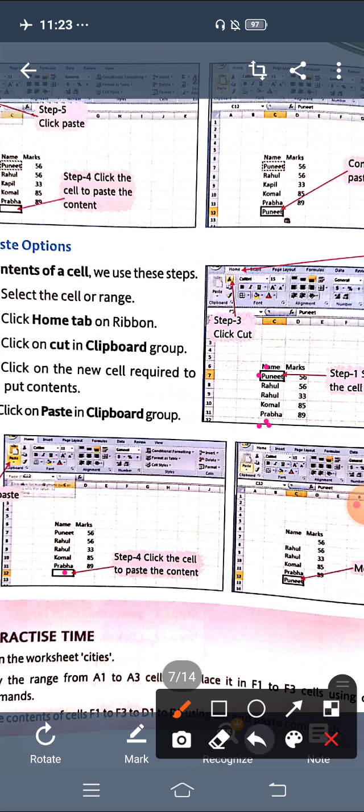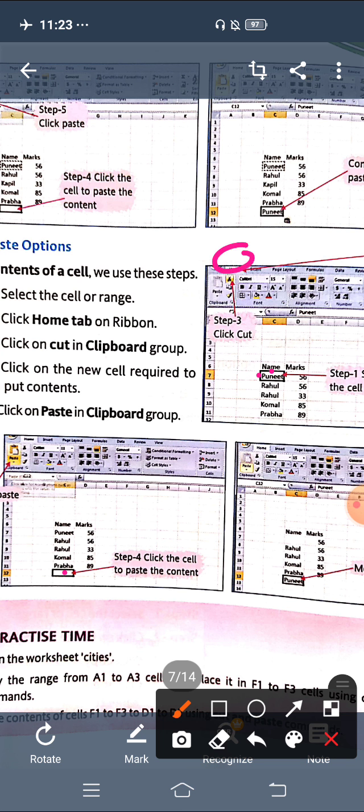So what are the steps that we have to follow? Simply, I want to cut or move the content of Puneet. So I have to click on this cell where Puneet is written. After clicking here, we have to click on the Home tab.